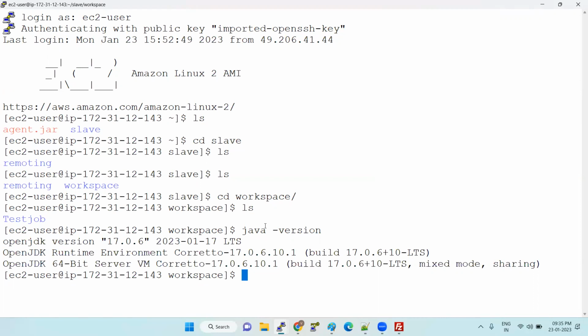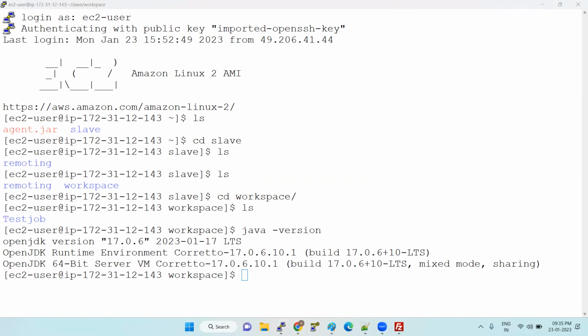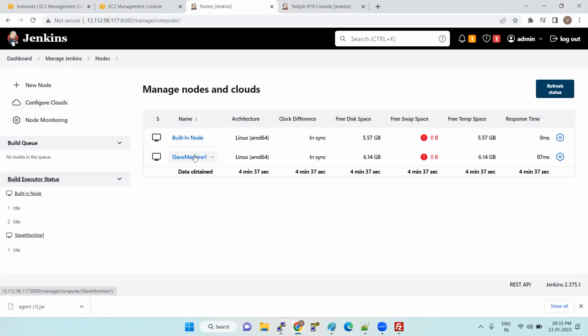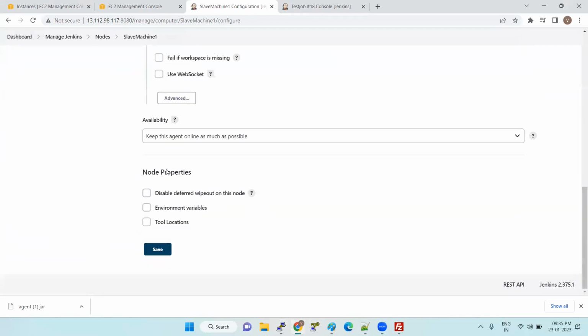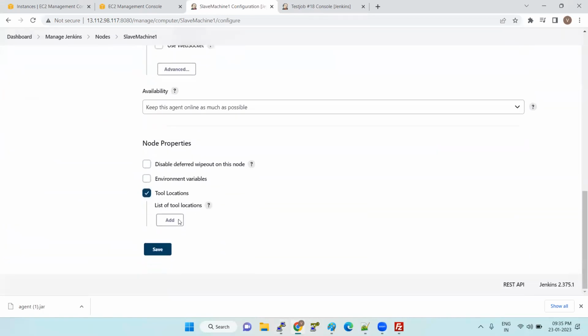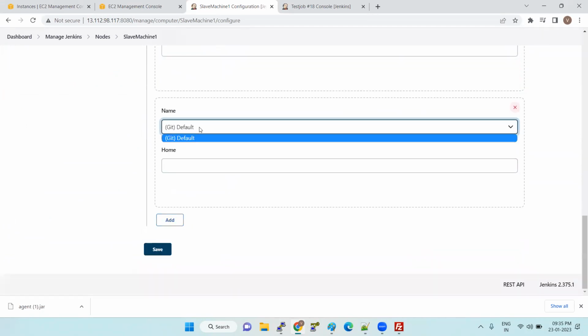So here also, if you want to define your environment variables which you want to capture, at the node level also we can configure it. Any environment variables, any tools location, if you want to maintain it, also in the configure option at the bottom we have the tool locations. Okay, so Git is a default one there. If you want to add any locations,